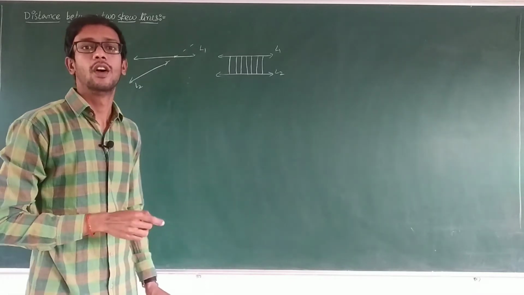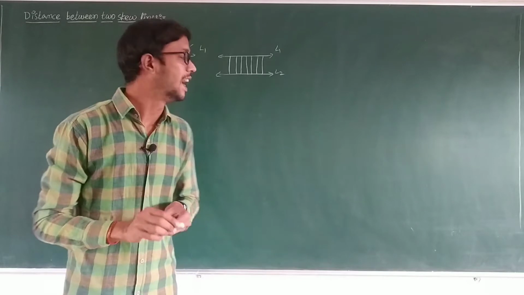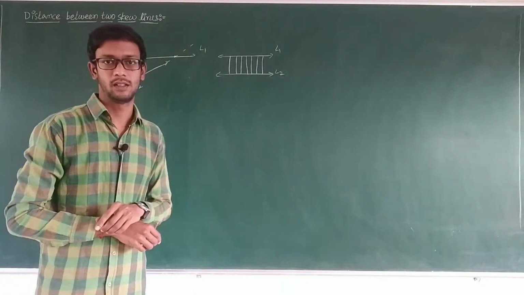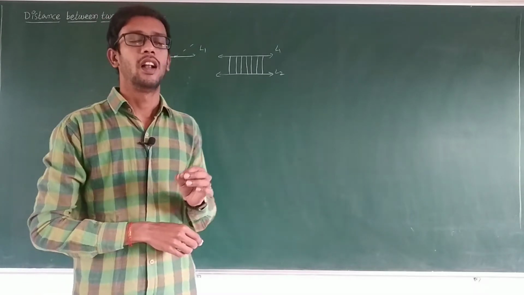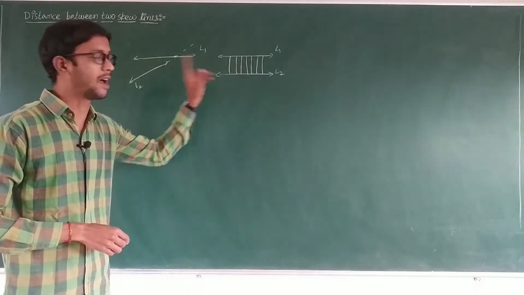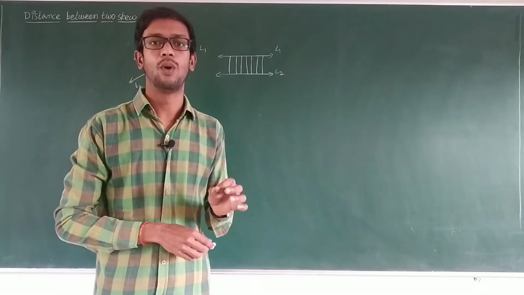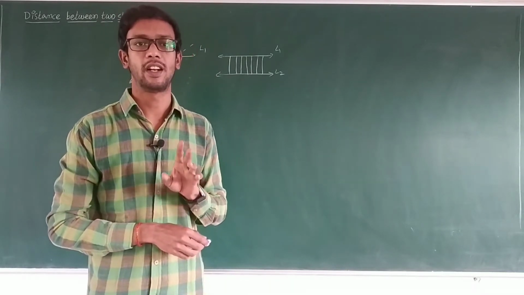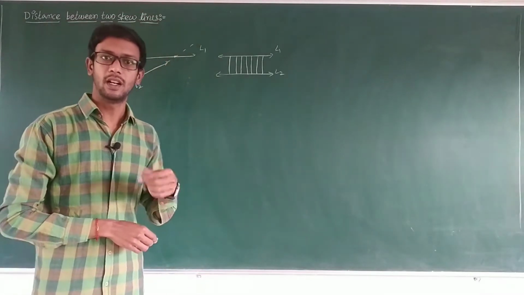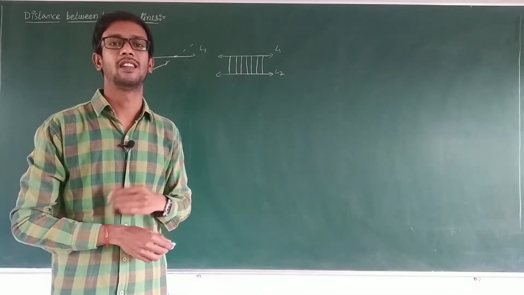What is the definition of skew lines here? The definition of skew lines is lines that neither intersect nor are parallel. Which lines are neither intersecting nor parallel? Other than these two types, that is skew lines. Only in 3D space will you get that type of lines. In 2D geometry we will get only these two types. In 3D space, these two types and one more type also there, that is the skew lines.